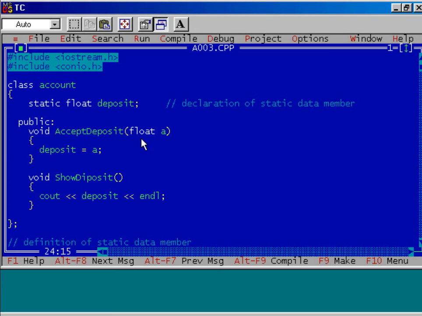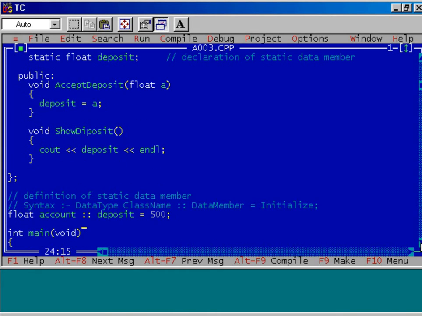The argument of this function is float type, while the return value is void. Is it clear? See the next member function. Show deposit is a member function for displaying the content of the data member deposit. Is it clear to you? Well, let us observe the programming part.